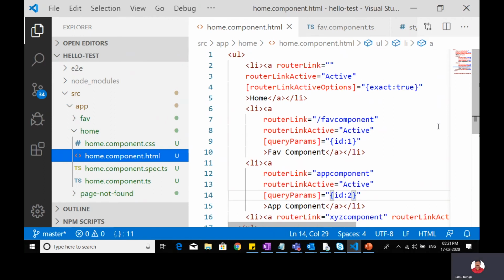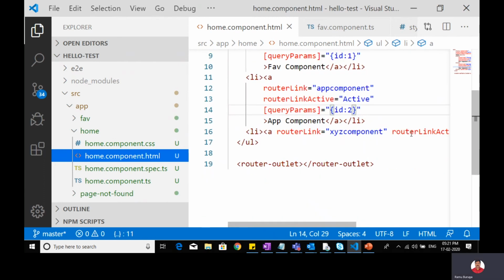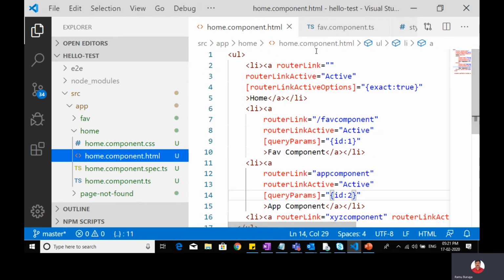Here I have used home component. This is my home component. Here in the home component, I just have links to all my components. I created a menu. You can think of it.